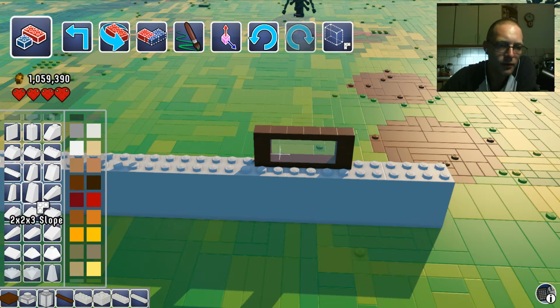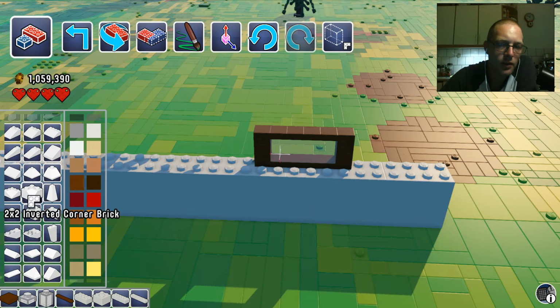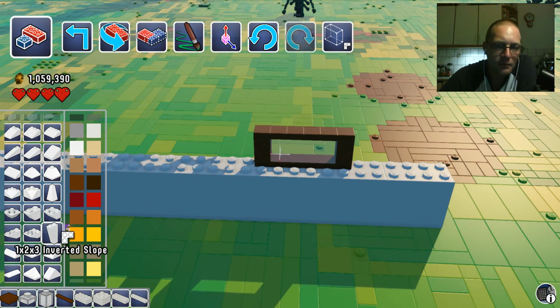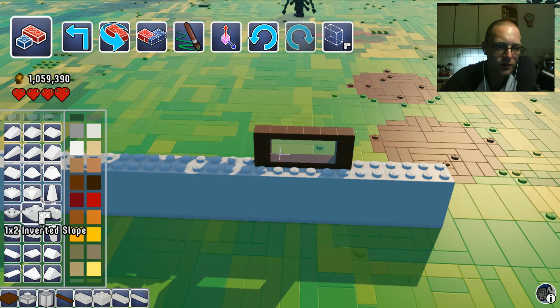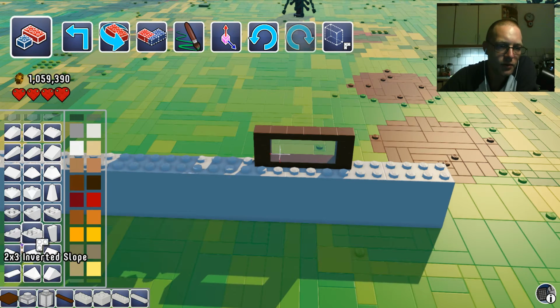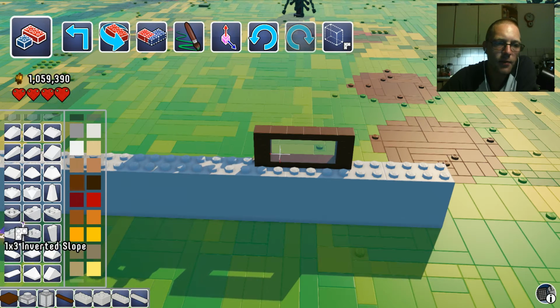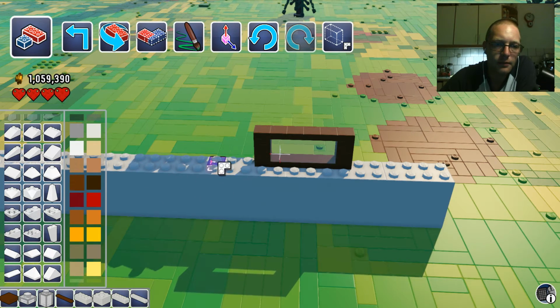That's how I normally do it. You can also make the window twice as thick by just making the same in 2 layers. So anyway, moving on to the curtains, you're going to want these inverted slope bricks, and we're going to be selecting the ones that are 1x something. So if we take the 1x3